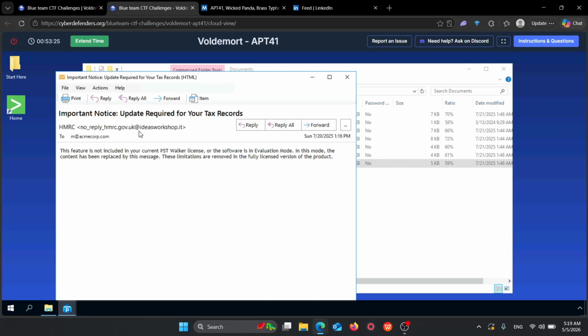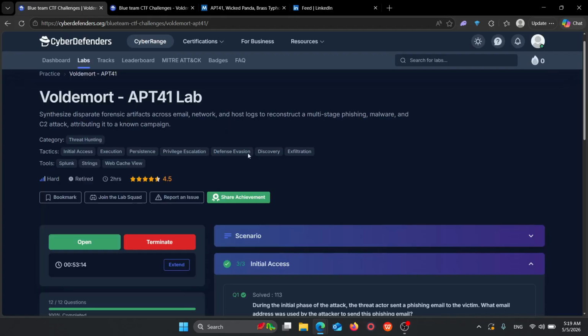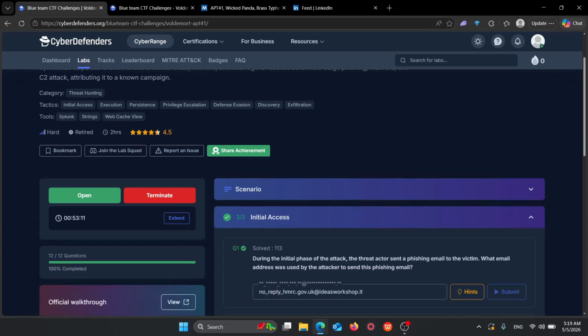Yeah, so this sounds suspicious. Indeed, this is most likely the sender email that was used for the phishing activity. If you navigate down, it's indeed the answer, right? As you can see, it's trying to mimic a UK domain. So anyways,